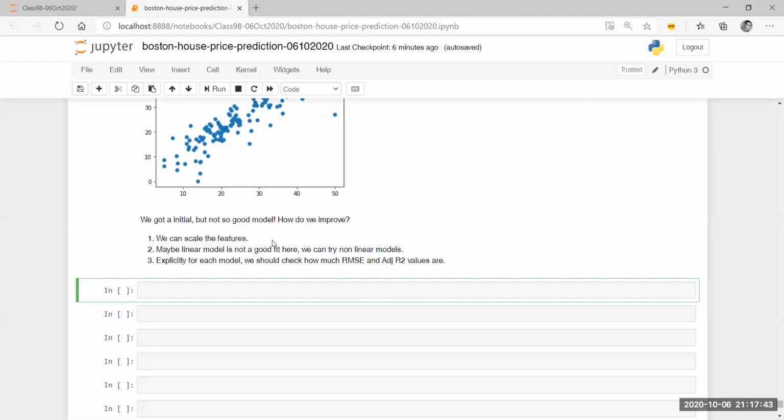So if you scale the features, if you remember the scaling techniques that we have looked into, it converts any data set. Let's say I'm doing a standard scaling, which is using z-score, right? So using z-score, all my values are now going to fall in the range of 0 to 1. So outliers are no longer a problem for me, right? But should I do that or should I remove the outliers is a question which I have to answer.